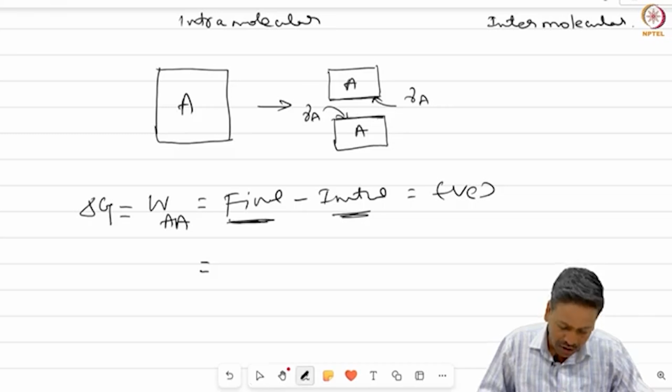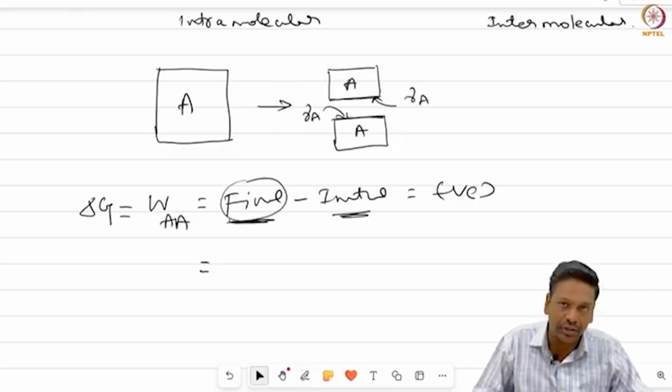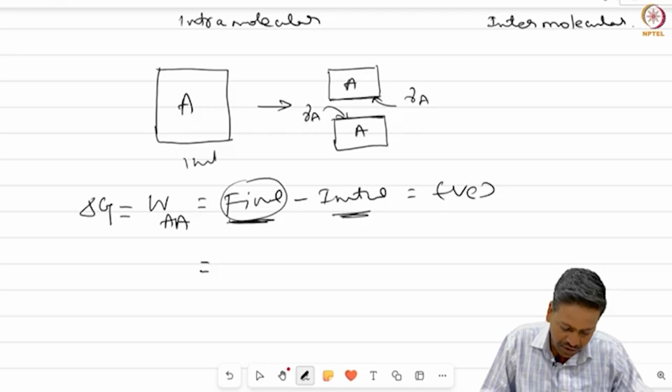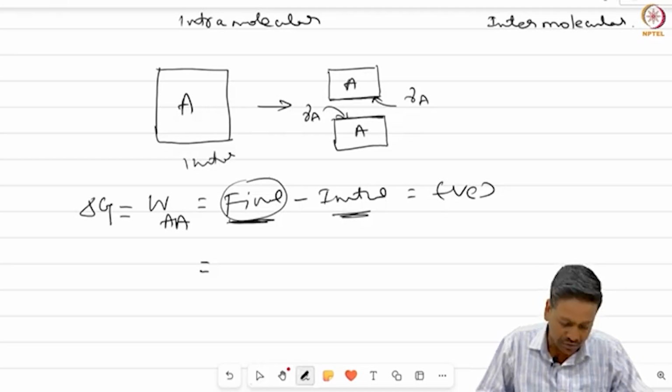Now, for final minus initial, this energy is associated with the surface tension, so we have gamma A here. Initially, I started from this configuration; this is my final configuration. So my final configuration should be 2 gamma, so I have got gamma